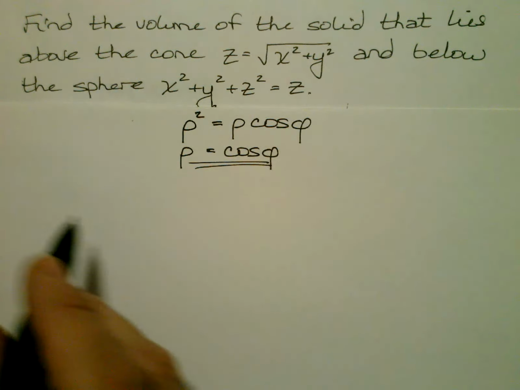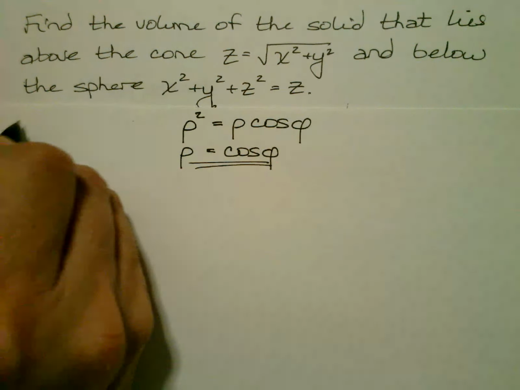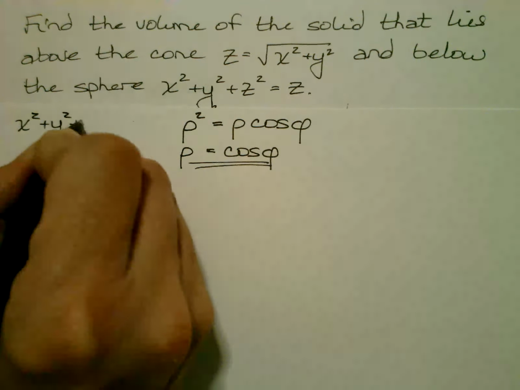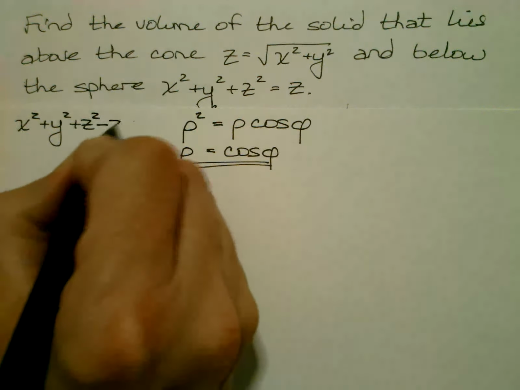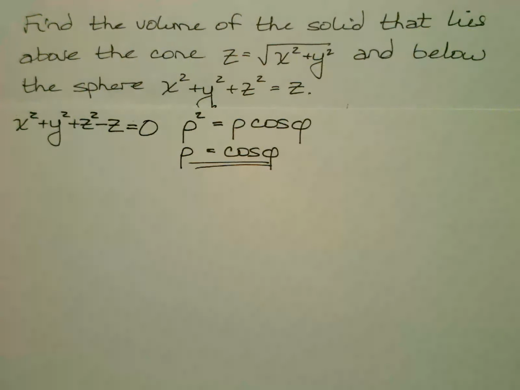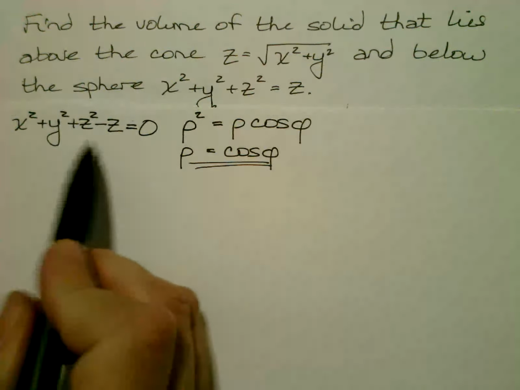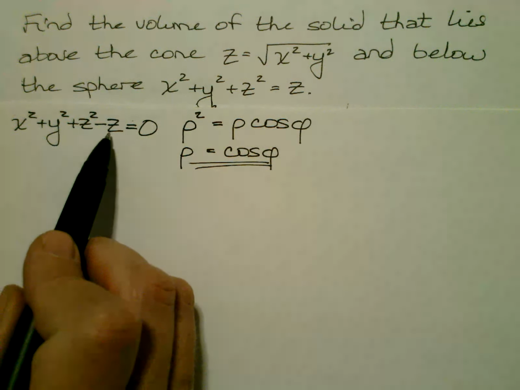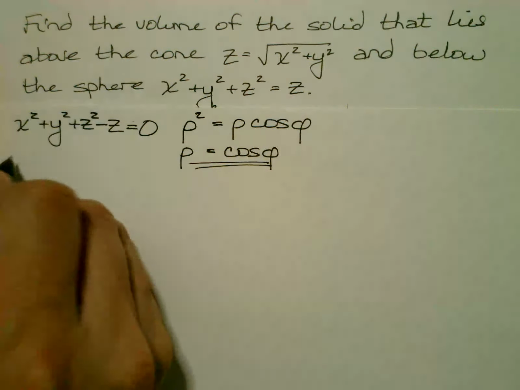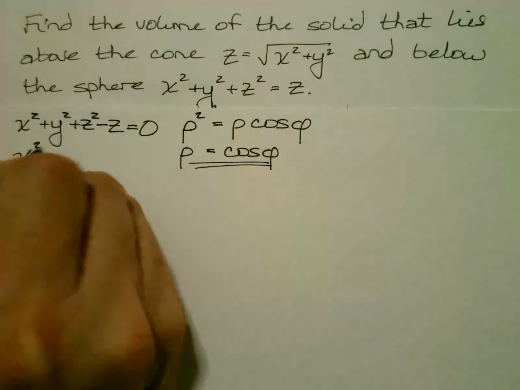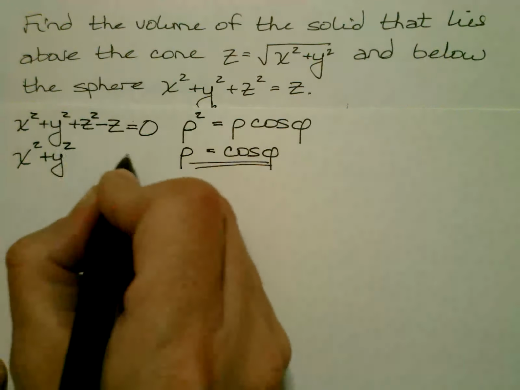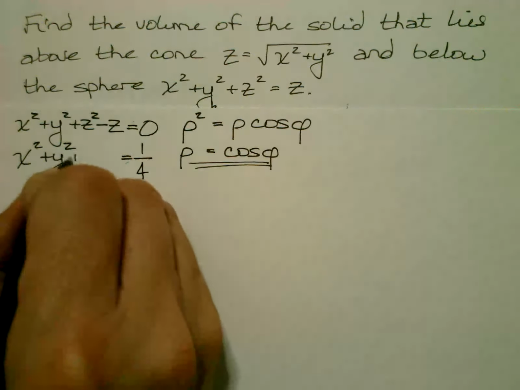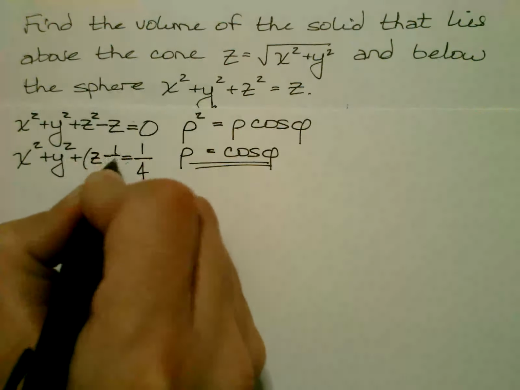So I'm going to look at the sphere in its rectangular form, see if I can figure out where it is. I have x squared plus y squared plus z squared. I'm going to subtract the z over here with everybody else, equals 0, and then we'll complete the square with the z. So the coefficient of the z term is -1, divide it by 2 is -1/2, square it is +1/4. So I'm going to be adding +1/4 on both sides. And when I factor, I'm going to get z minus 1/2